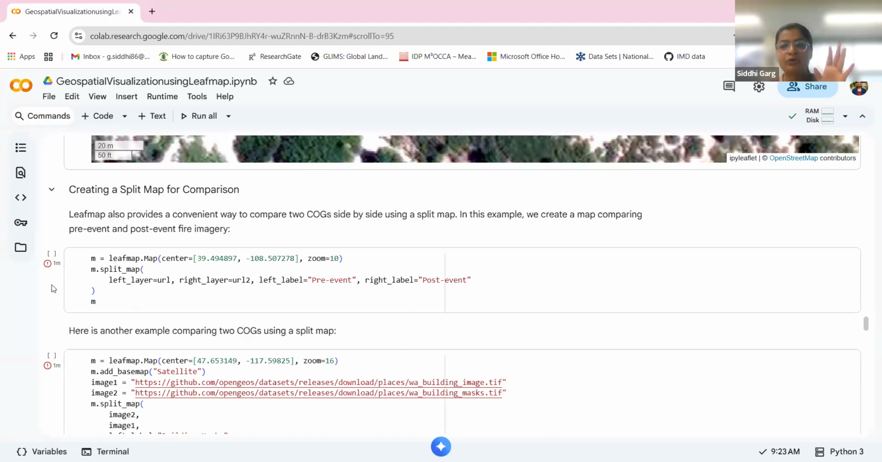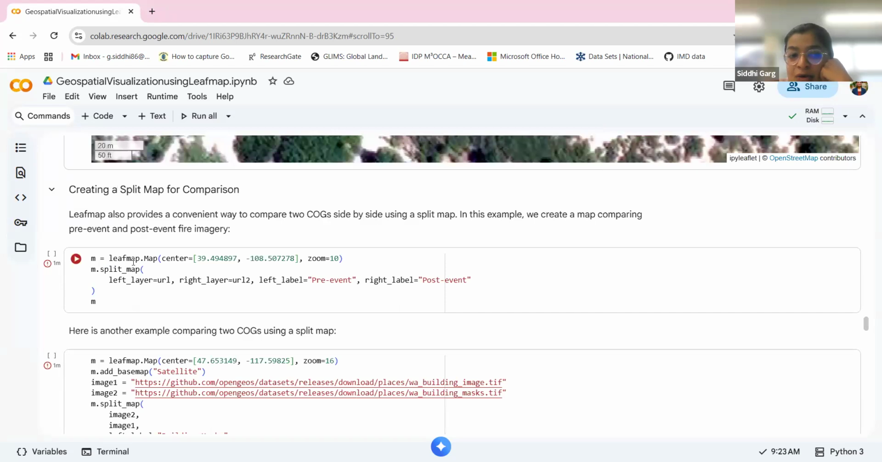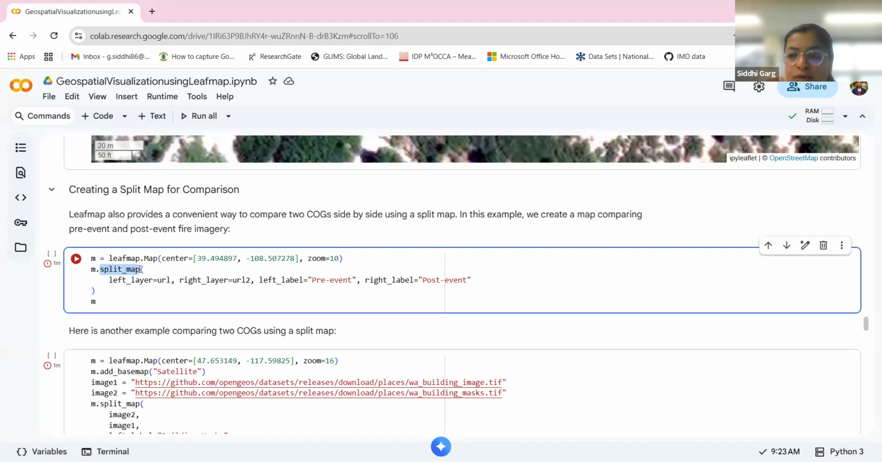But if you have any such two different time periods imagery, and if you want to visualize that information, then you can use a split map. So the idea is to show you how you can use a single screen to show two different events or two different imageries in order to compare how these two images have varied over a period of time. So you will use split_map,